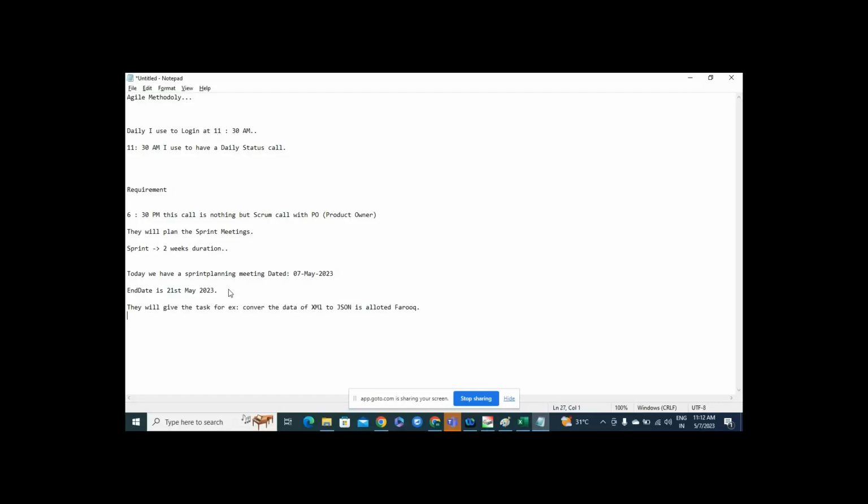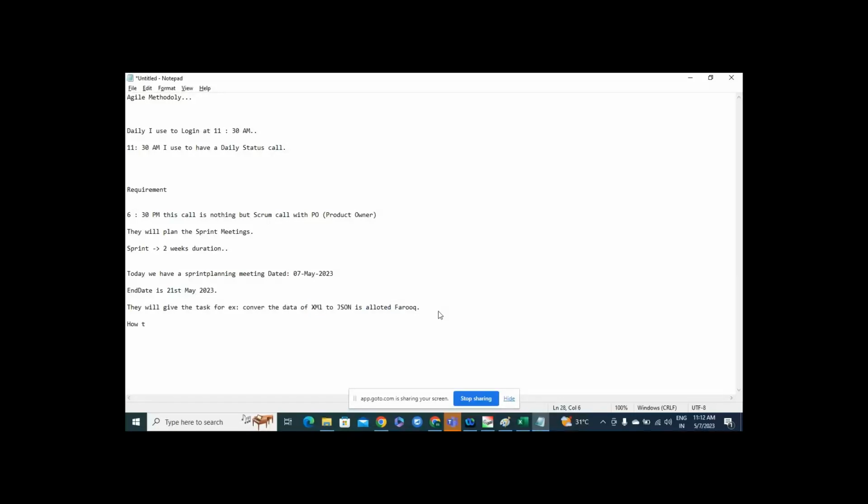How will they track? Today is the 7th of May and the sprint planning is designed for two weeks. They will assign the task, for example XML to JSON conversion, to Farooq, but they are expecting it to be completed by 21st May, right? How will they track?